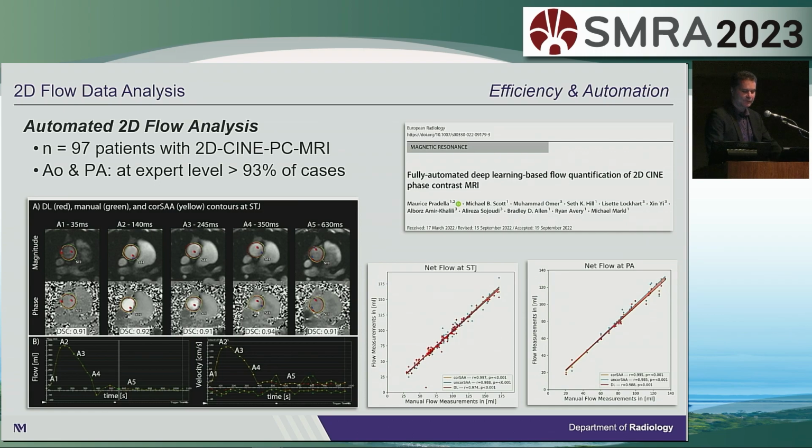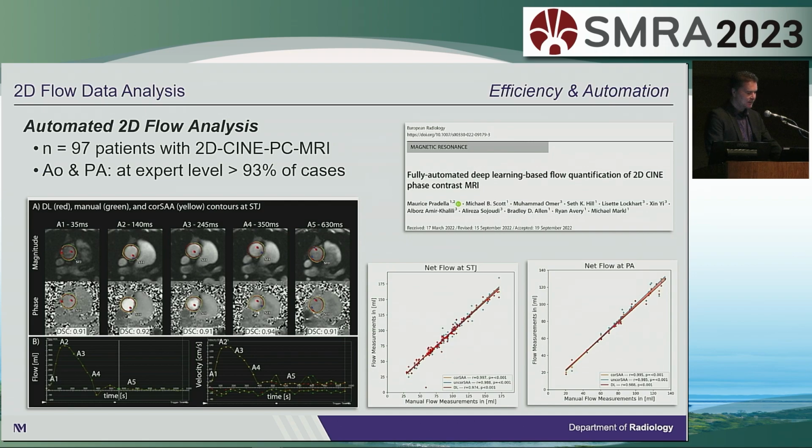result. This was a software-based approach. Close to 100 patients were included, and you can see that if you look at flow quantification in the ascending aorta and pulmonary artery, expert level quantification, fully automated, was possible in 93% of cases. So very encouraging. And if you look at the correlation plots, you can see there's really close agreement with